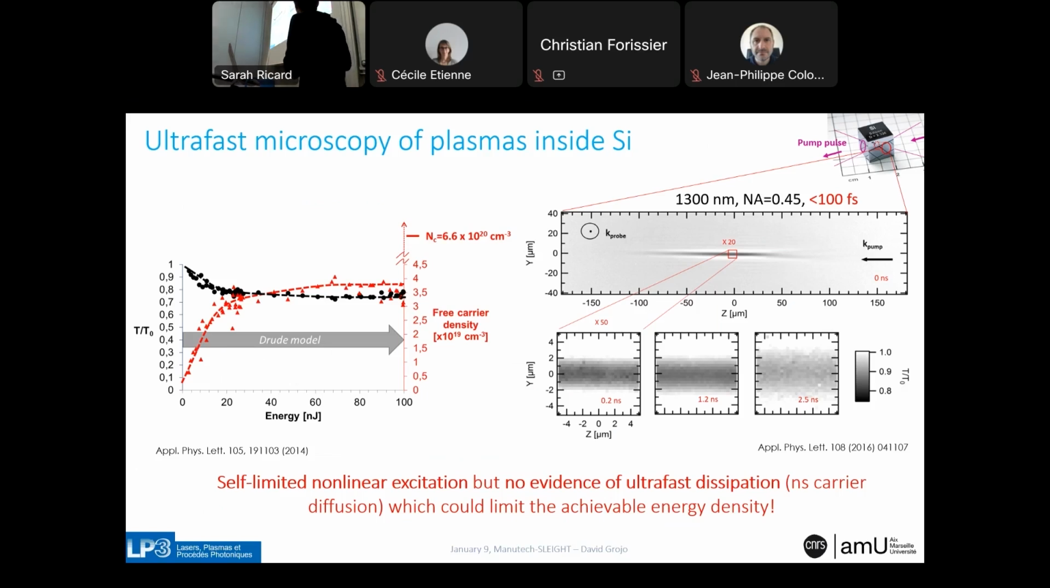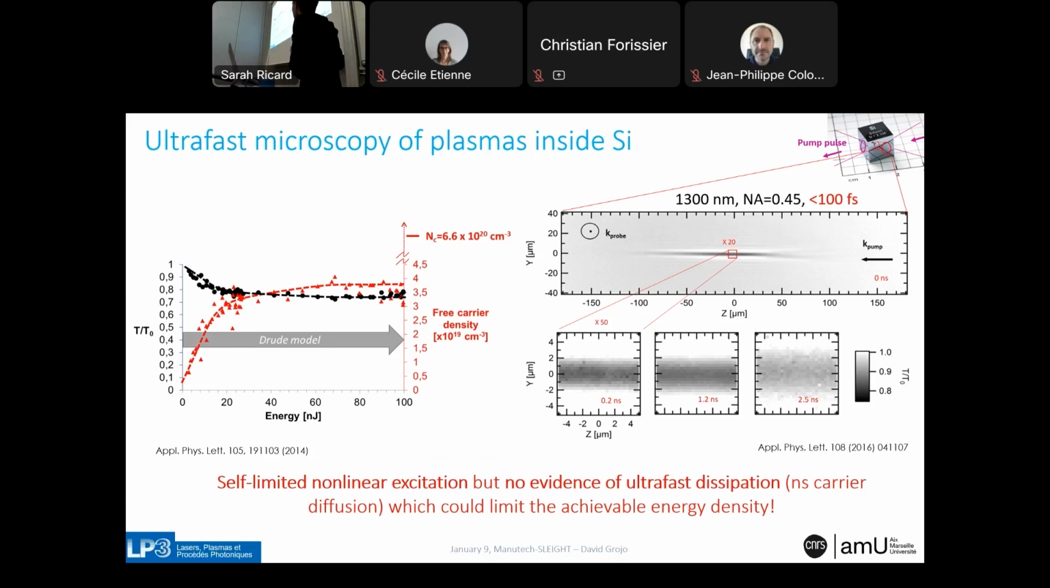But more interesting for us was to look at the gray level on these images. The gray level gives you the free carrier density. So we can translate the local transmission measured there in terms of free carrier density. And then if we change the energy of the